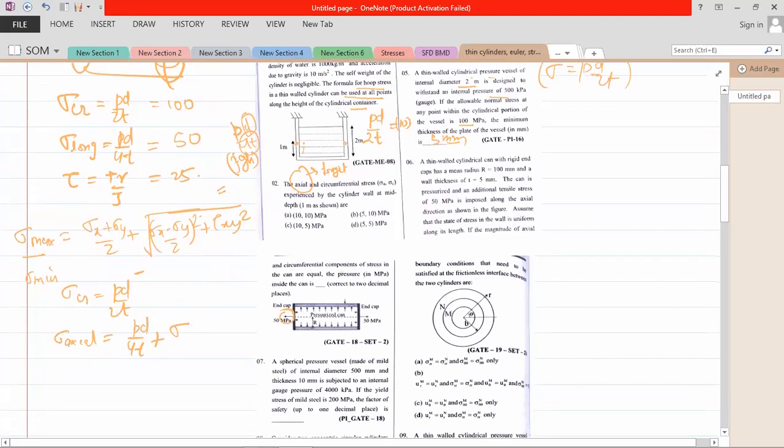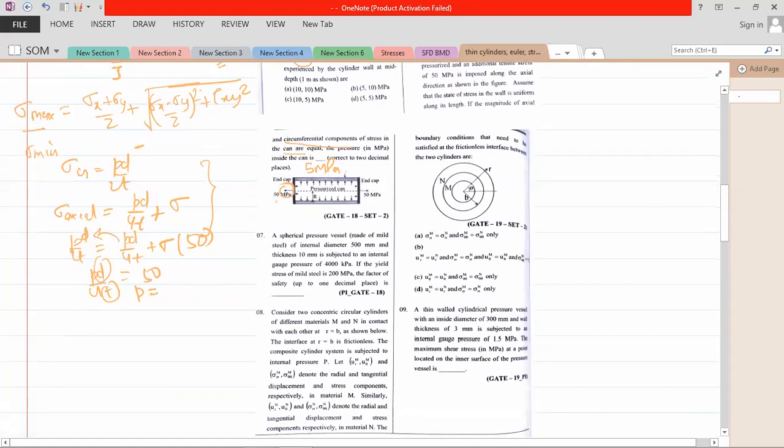The thing given is that axial and circumferential components of stress are equal. That means PD by 2T is equal to PD by 4T plus sigma. You can take PD by 4T over and subtract it, and that equals the 50 megapascal. You know the diameter, you know the thickness, so the pressure you need to obtain is around 5 megapascal. So this type of question can be asked where an additional force is applied, and it can be equal to the circumferential stress.